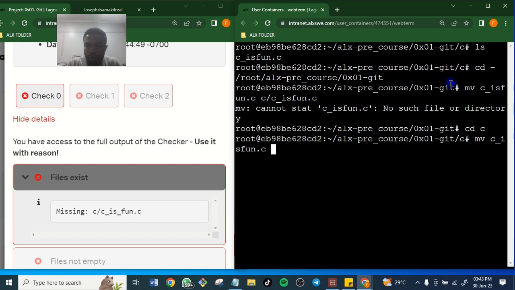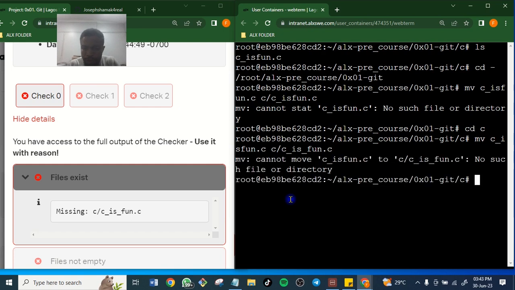We want to change it to this. Let's put space here. Fun.c. Okay, so let's go. Cannot move C: no such file.